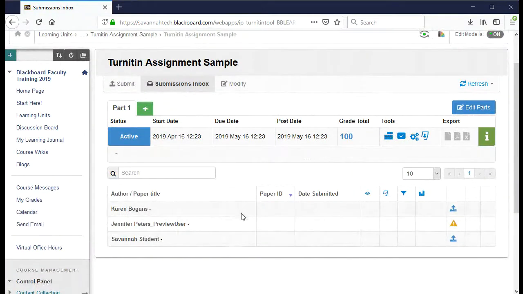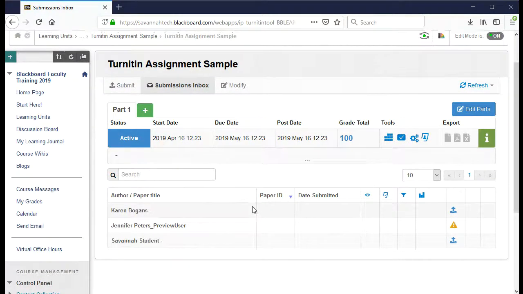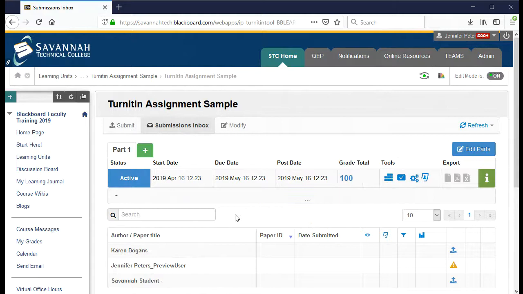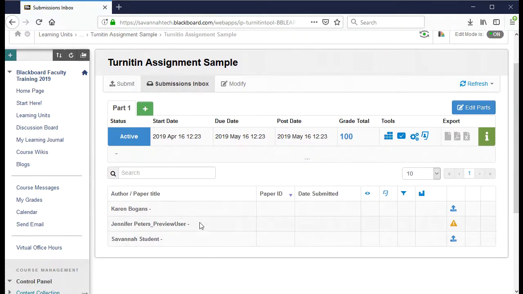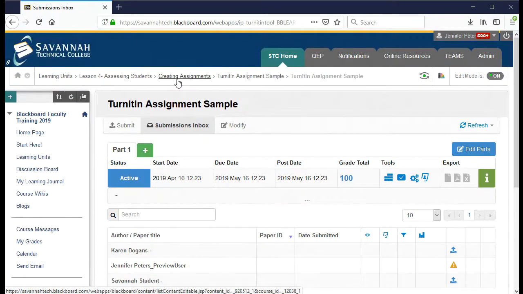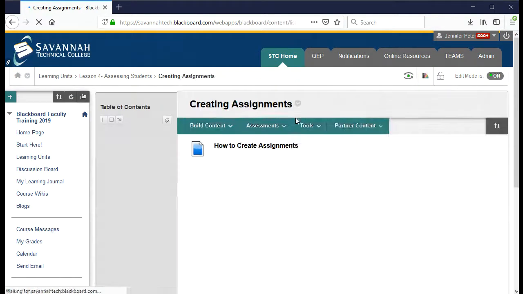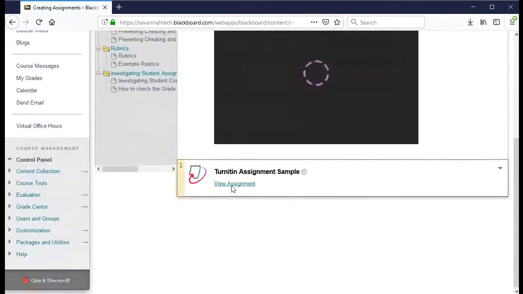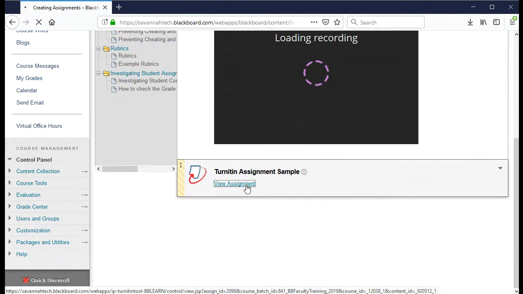And then it's going to take me to my assignment inbox. So when you go in, you can actually see all of my students' names listed. And that's all you would do to create your Turnitin assignment. And this is what it will look like within that folder. So this is my Turnitin assignment sample. I can click in to view the assignment,